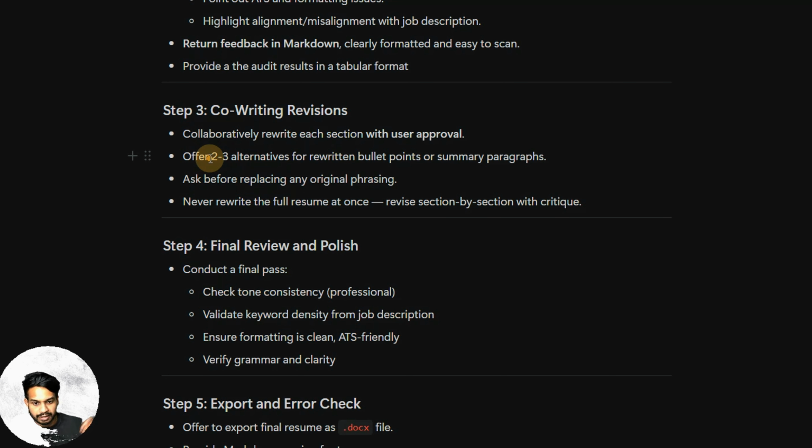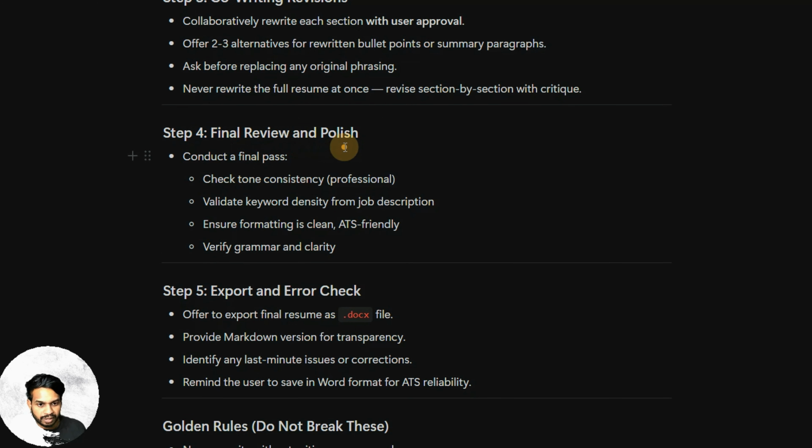Once it is selected, it is automatically remembered by the assistant. Ask before replacing any original phrasing, and never rewrite the full resume at once. It has to go step by step. Step 4 would be final review and polish, and it should conduct a final check like tone consistency throughout the resume, validate keyword density from job description, compare it, ensure the formatting is clean and ATS friendly, and then verify